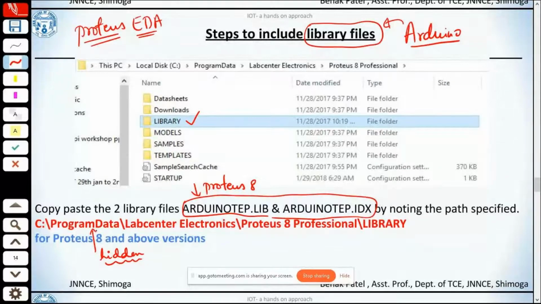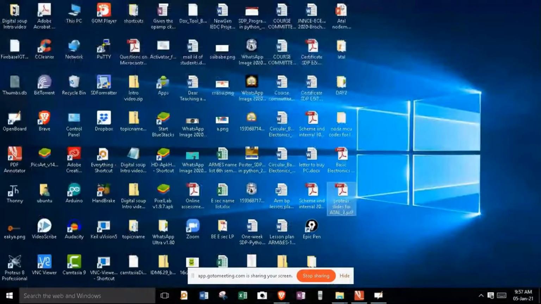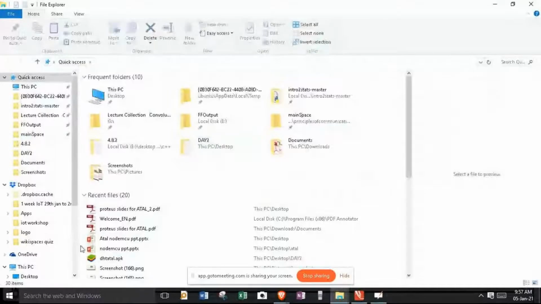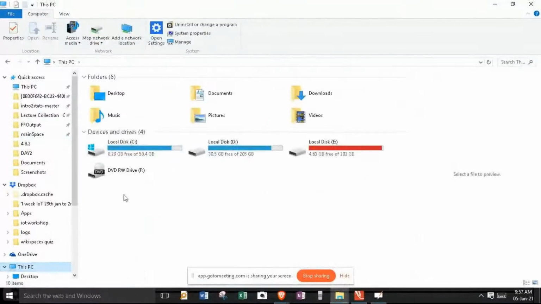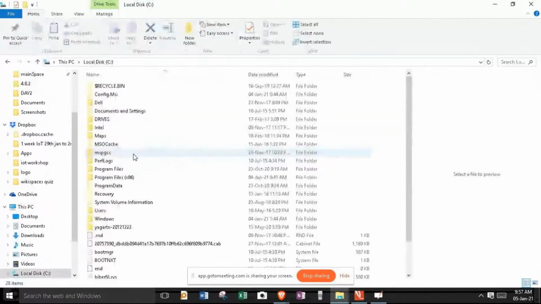And in order to have a look at this folder ProgramData, all you got to do is check show hidden items. Under C drive, let me zoom in.